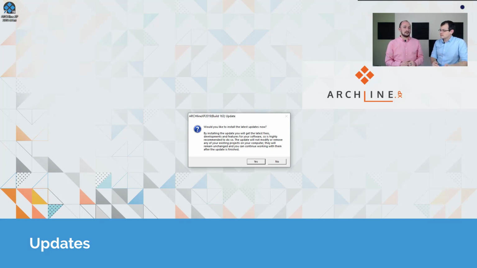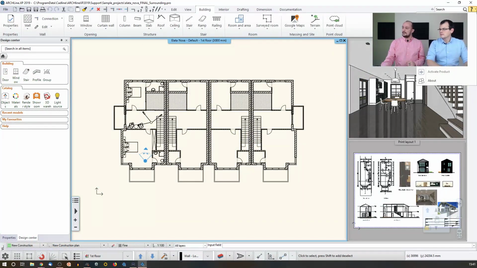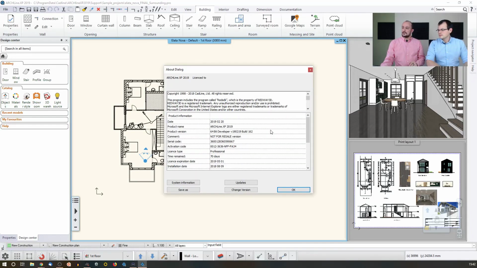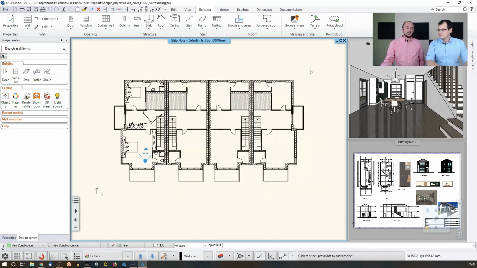This message, just as it tells you, is about whether you would like to do it now, because it could take a few minutes, or you don't have time, then you skip it for a while and do it later. So if you go with yes, the software will be updated, and then you can go to the About dialog, and at the end, when the installation process has finished, you will see a code, the information called build number. This is what you can see in the account as well, so you can compare those two, which is important